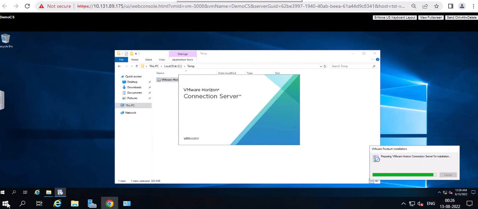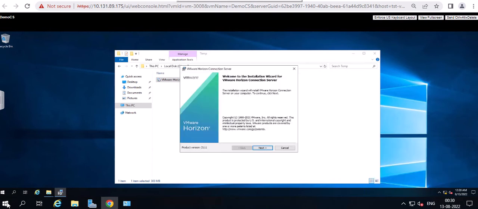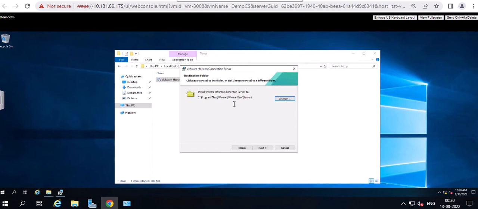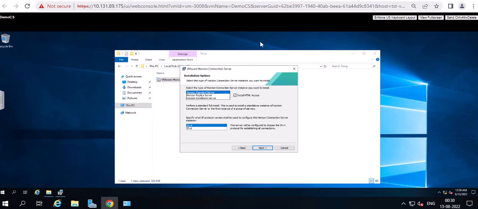The installation gets started. We can click on next, accept the license agreement, click on next. We can install in the default directory. In case you want to install in a separate directory, you can change it and get it installed. Click on next. So we are installing the first connection server, and in this case it would be a standard server,